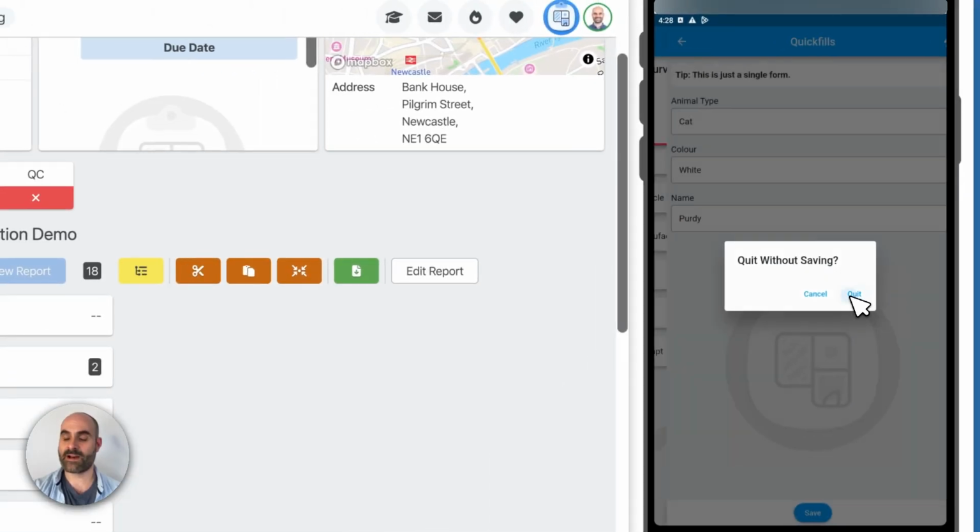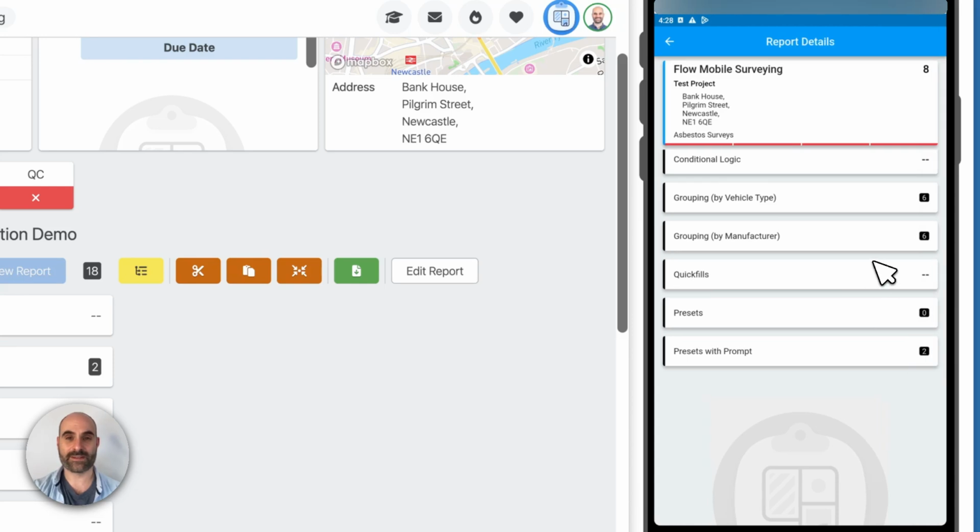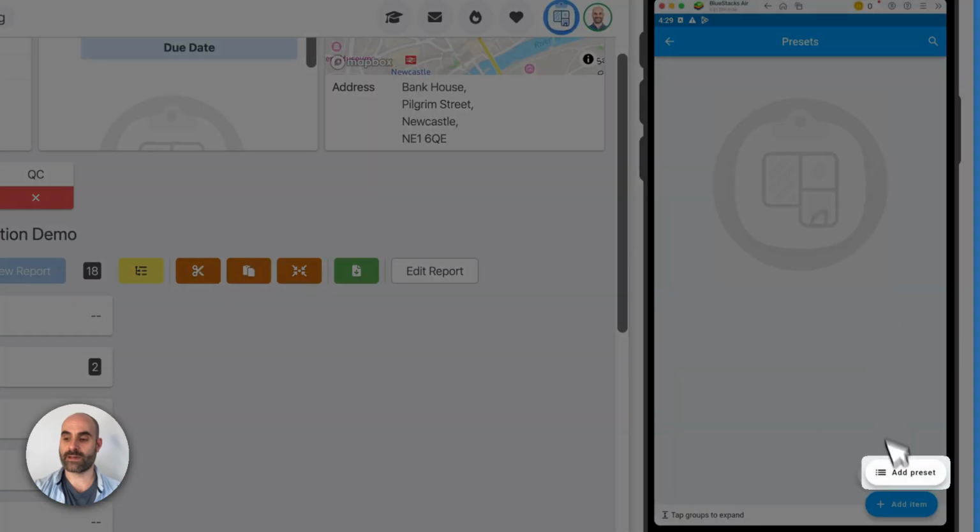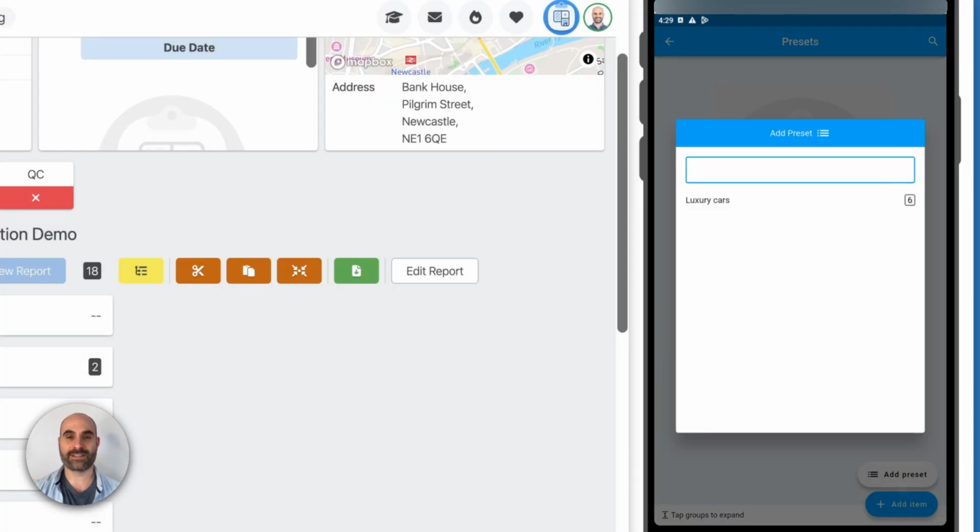Next we have what are called presets. Presets work in a similar way in the sense that you can fill in something very quickly. However, presets add multiple items at once. So whereas quick fills are used to just fill in a single form, presets allow you to add multiple items all in one go. So if I click this and add preset, you can see I have this preset here